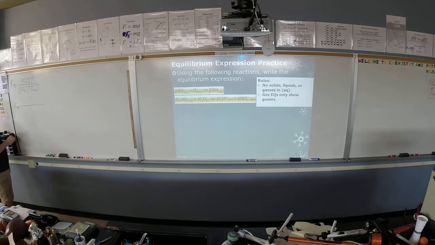No, it's the coefficients that are in front of them. Why did SO3 get a 2? Oh, that's in front of it. Yeah. Oh, okay. Products is going to be the 2. Mr. Bush, do we always have to write a day? No, you just use capital J. Yeah, well, they're also separate. But